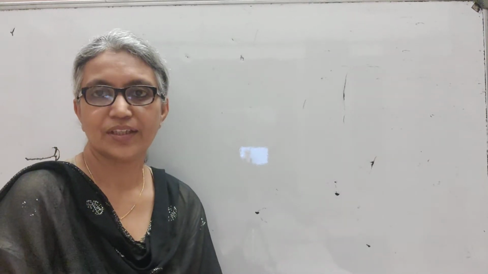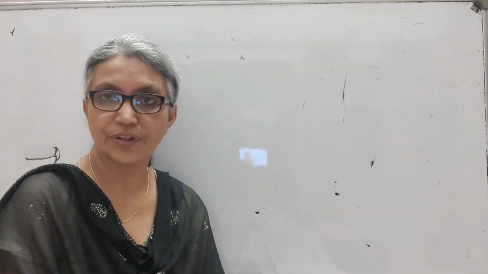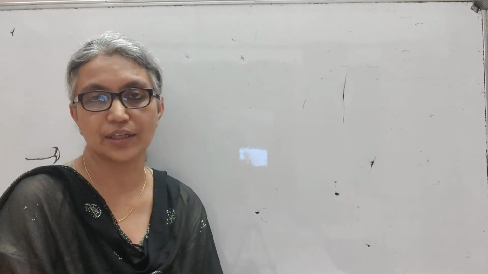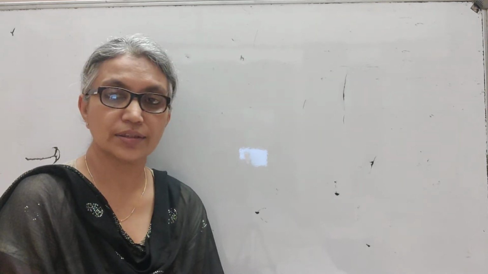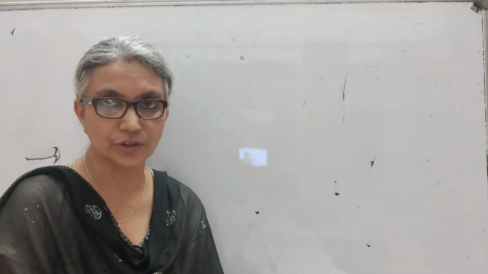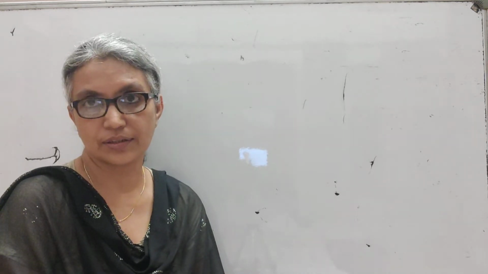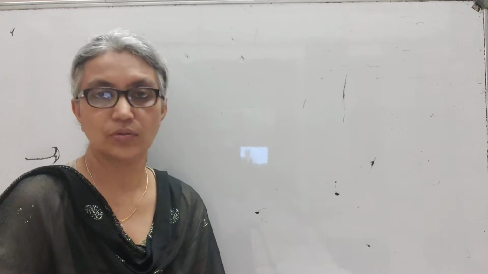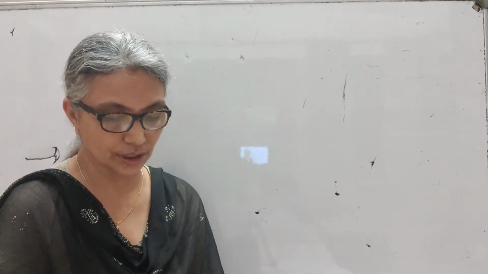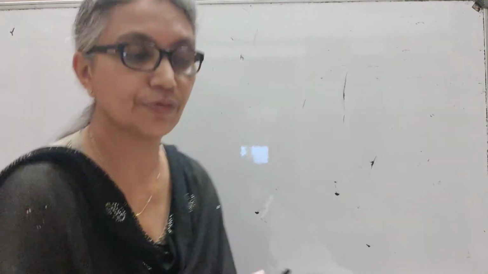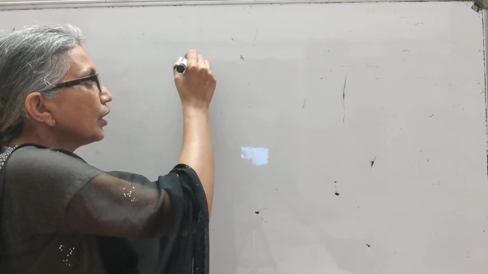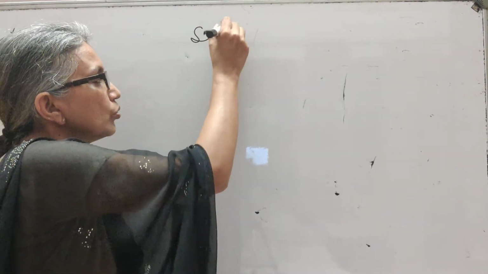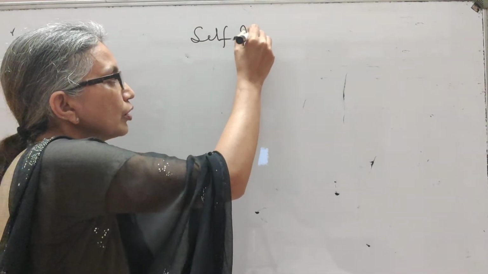Good evening. This is the third part of our sixth chapter, electromagnetic induction. We ended our last session with mutual induction. So we will start our third session with self-induction. What we were discussing under mutual induction is if you have two coils, so today we are discussing this new topic, self-induction.